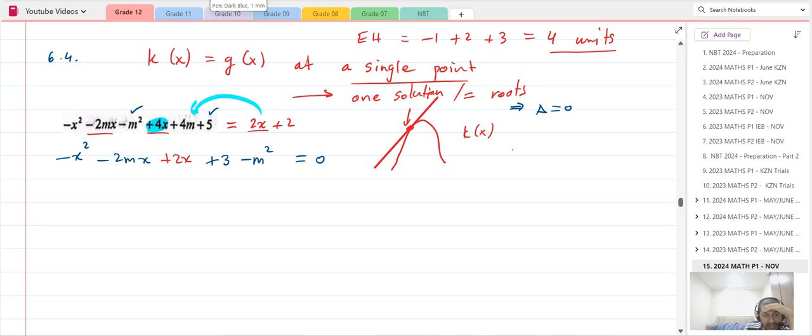Let's see, minus x squared is here, minus 2mx is here, minus m squared is here, plus 4x minus 2x, so that's done, that's plus 2x, and we have 4m. What happened to the 4m? We still need the 4m here. 4m plus 5 plus 3. Right, so we have